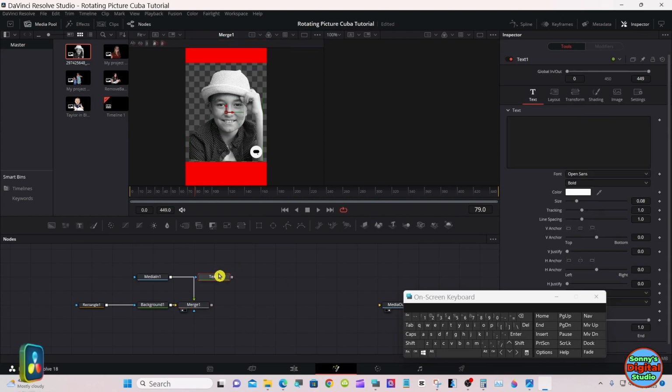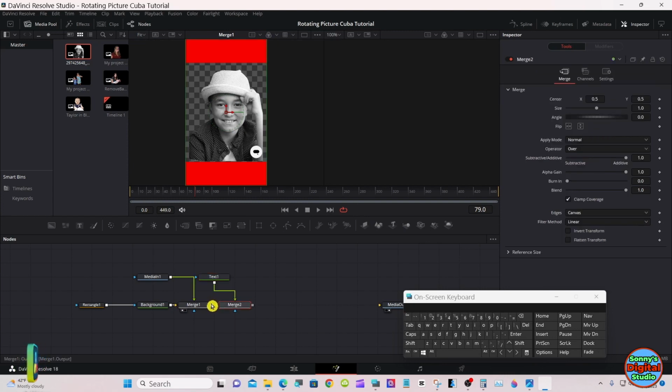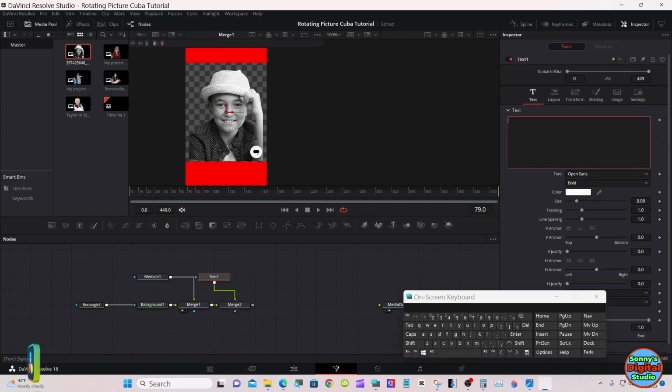Bring in a text node, 2D. Merge it back over the other merge. Put your text in. Drag the merge to the second merge up in the left viewer so you can read the text. Put in whatever you want.